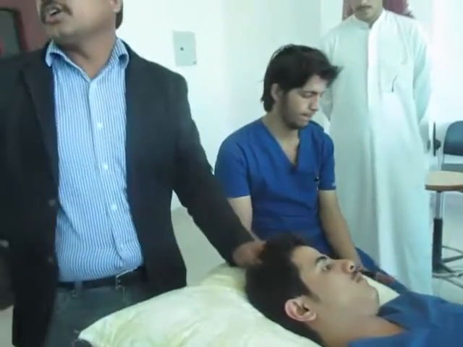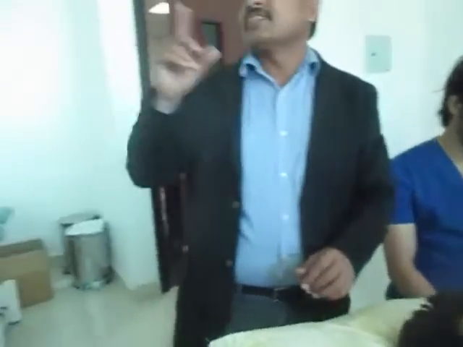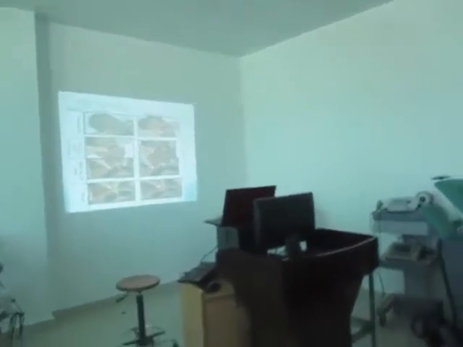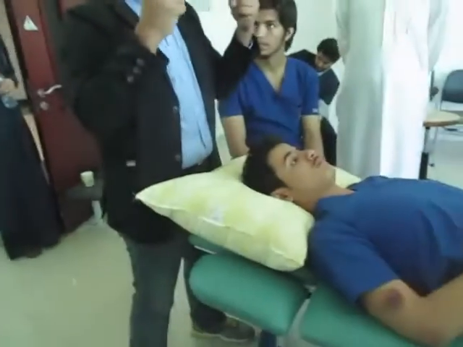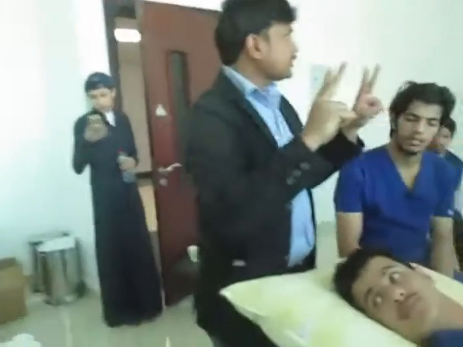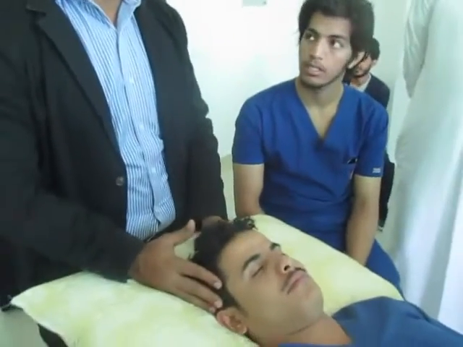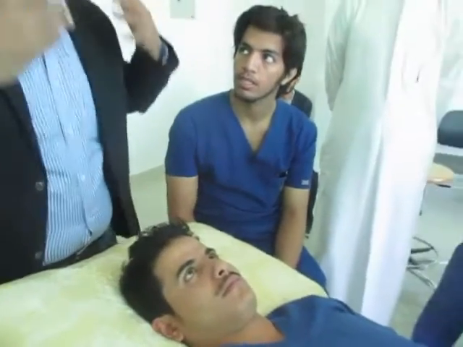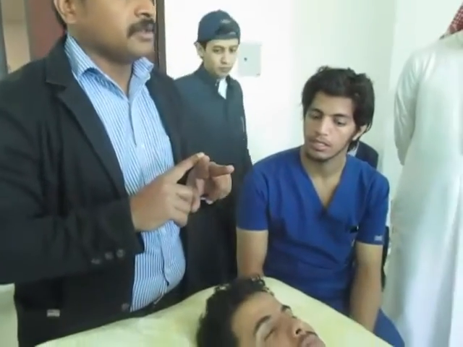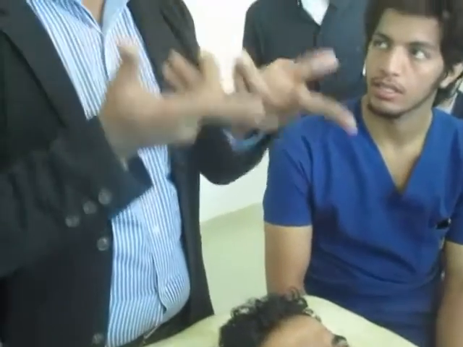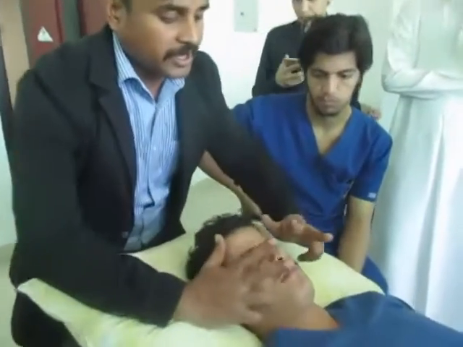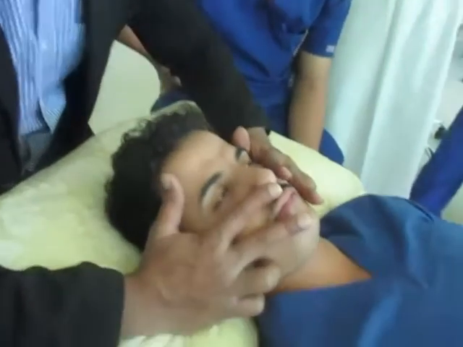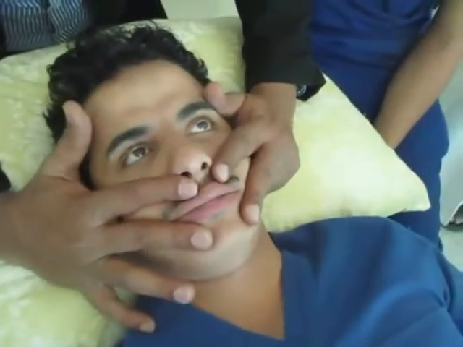Now I will show you how to do it for all the muscles. What is the first muscle over there? Orbicularis oris. Take your fingers like this, both sides. This will help you to get symmetrical movement on both sides. The first concept is stretch followed by contraction of the muscle, and always you must concentrate on symmetry, both sides. So now, what I am doing here is facilitating orbicularis oris.